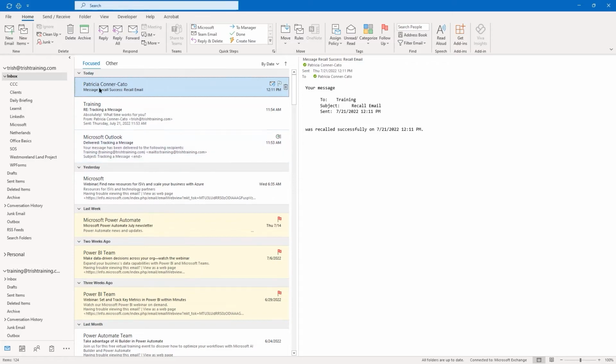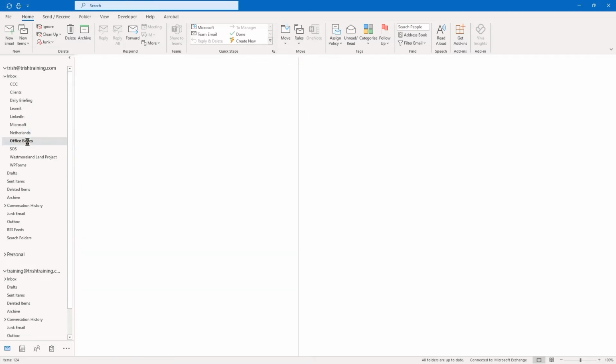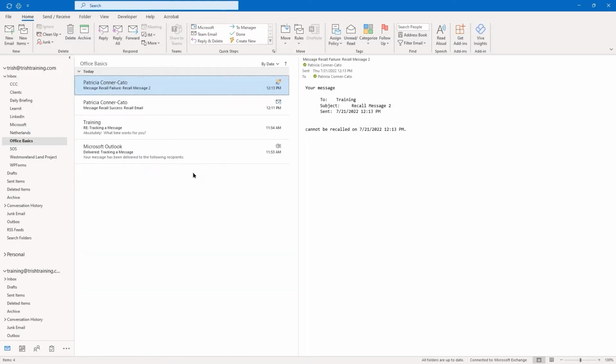I'm going to actually do the rest of these 3 for today. So I'm going to select the first one, hold down Shift and click on the last one for today. And I'm going to drag those to the Office Basics folder. So now those are not in my regular inbox anymore. They're in a subfolder of the inbox for organization purposes.